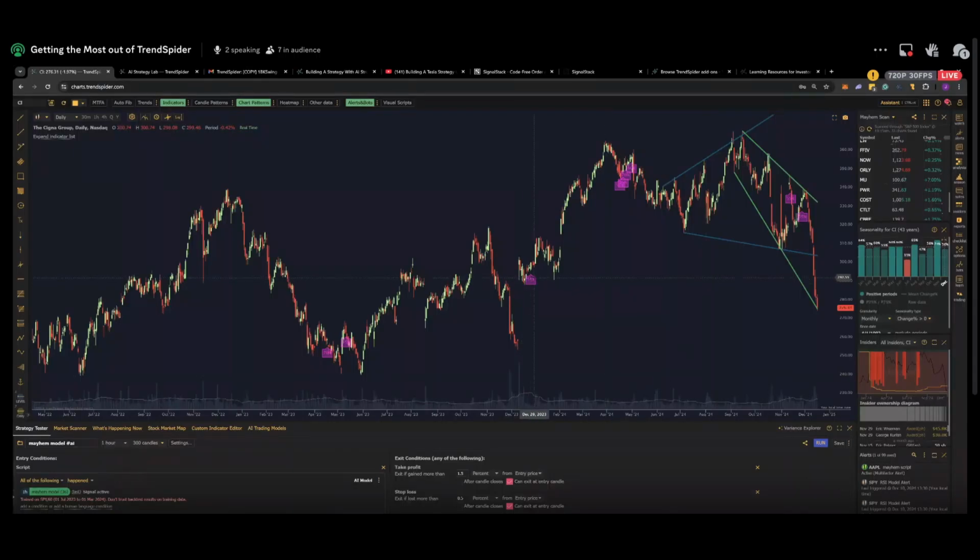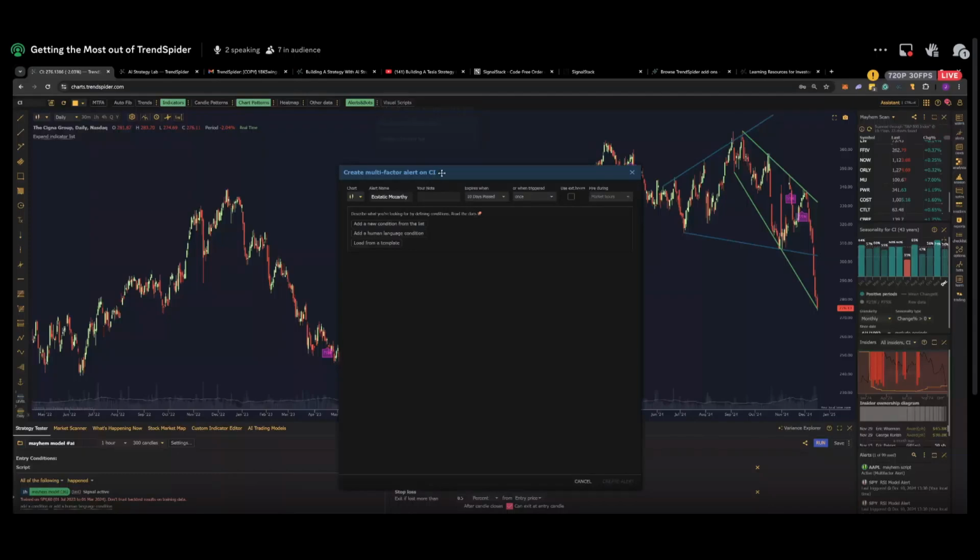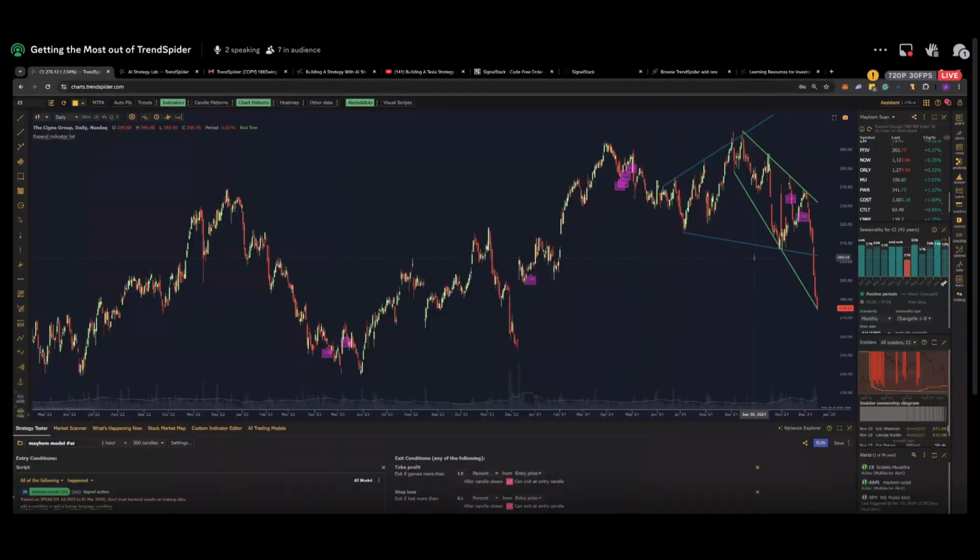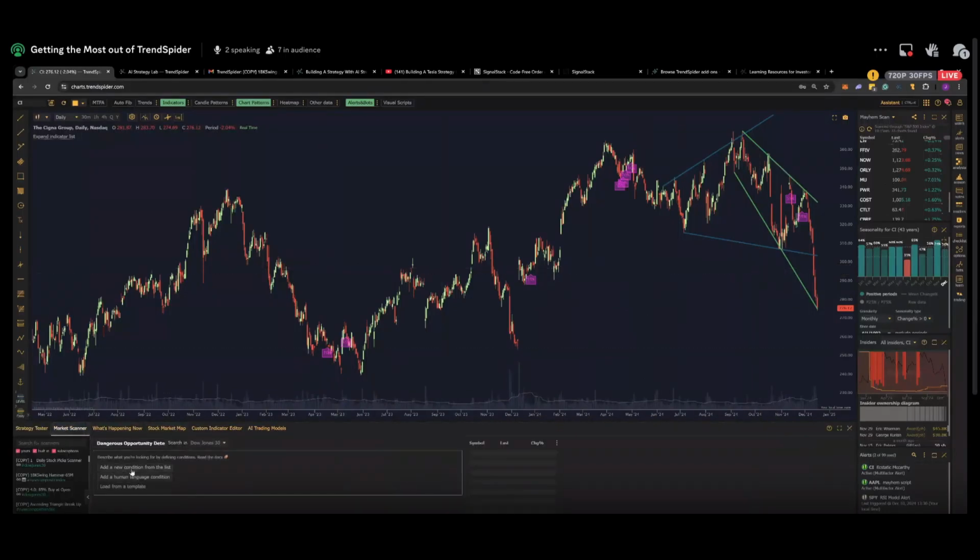Because I have this indicator now, I can apply it in things like alerts, right? I can say multi-factor alert. I can add a new condition. I can choose AI model. I could choose my time frame, whatever that may be, select Mayhem, and say signal emerged. And now with this set, I can get an alert on this name the next time that signal from that model appears. I could go to my market scanner if I wanted, and again, go to AI model,